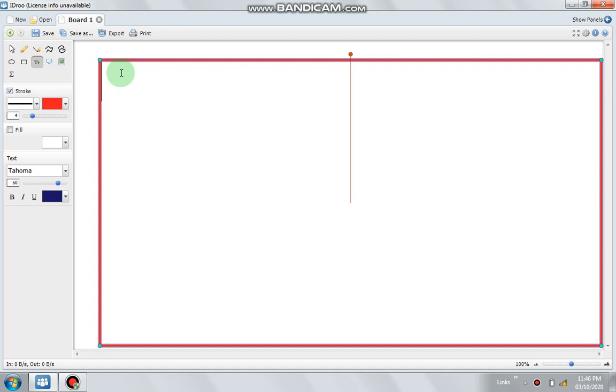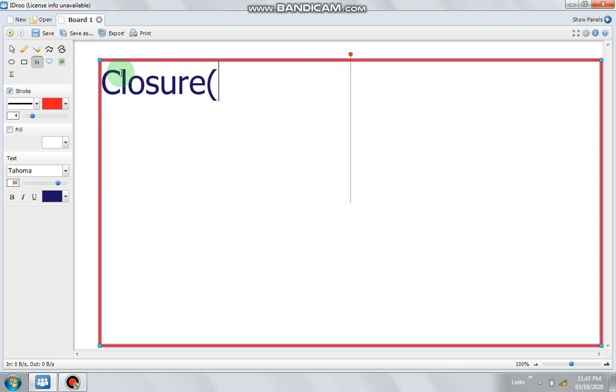Hello everyone. In this video of compiler design, we are going to see closure function in compiler design. Thereafter we will see goto function in compiler design. And what is the use of goto and closure function? They are used to construct LR0 set of items and LR1 set of items, and these sets of items are used in the LRK parsing table. Okay, so let's see what is closure function.